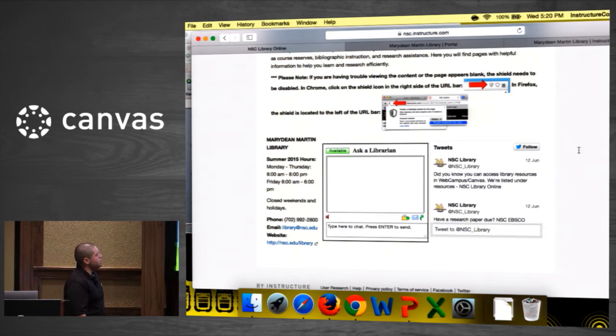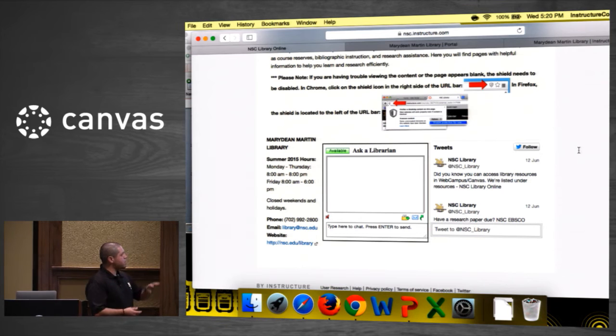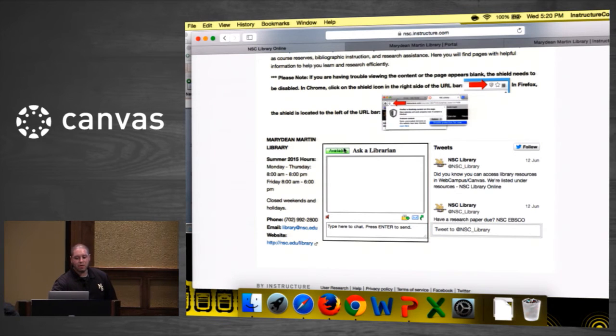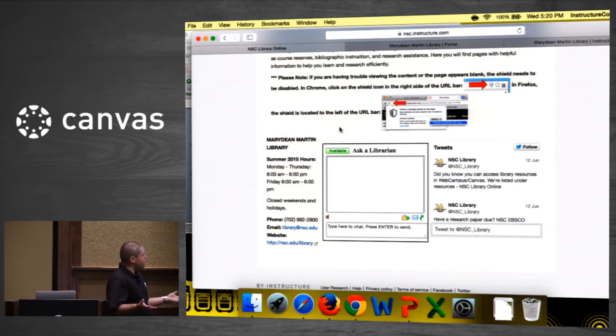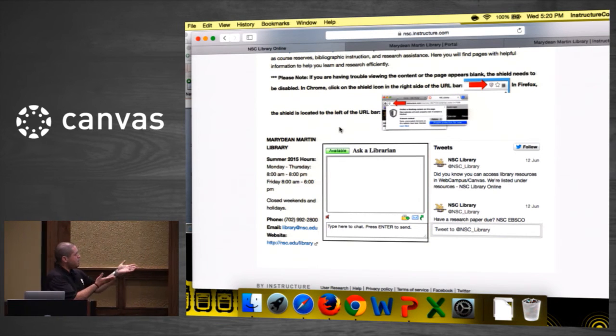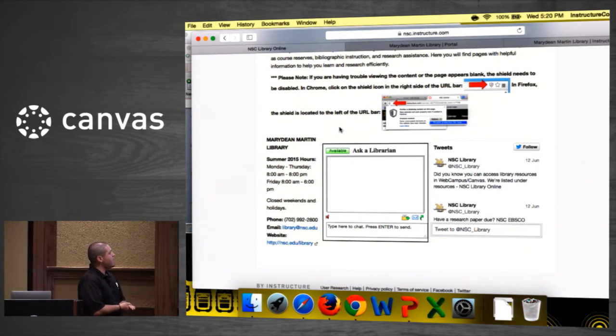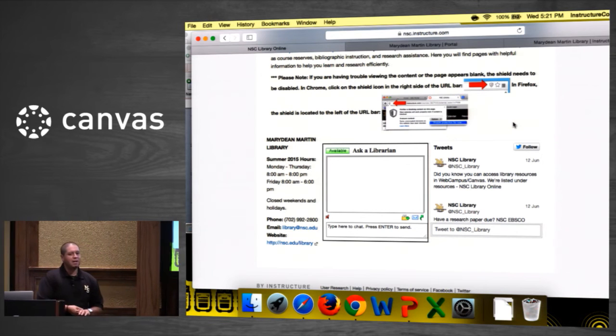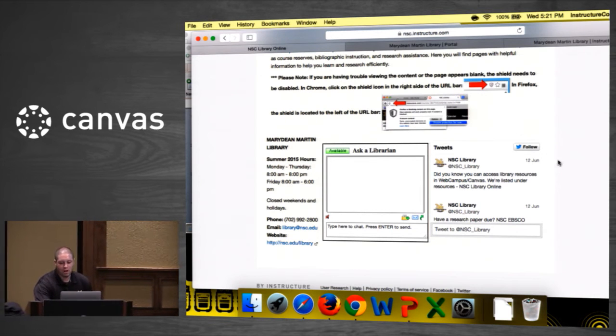We use a program called Pigeon, and we found an iframe code. I worked with the instructional designer. She helped me embed it in there. And the great thing about this chat feature is right now it's showing there is a librarian online. It'll show available. When there isn't one, it'll say not available and it'll turn red. But students know that way if they have a quick question or some reference question, they can quickly chat in. And then, of course, the Twitter feed right there, as far as for news or highlighting a new book database that the library offers.